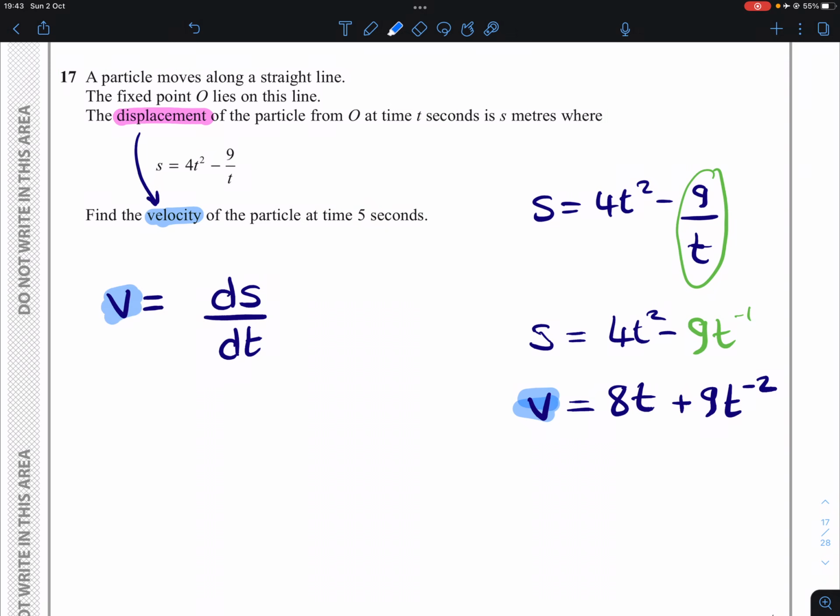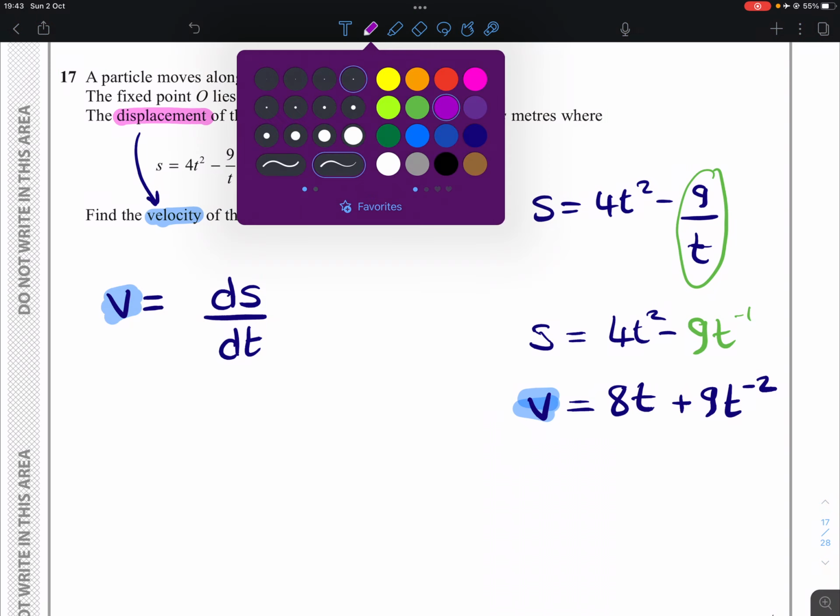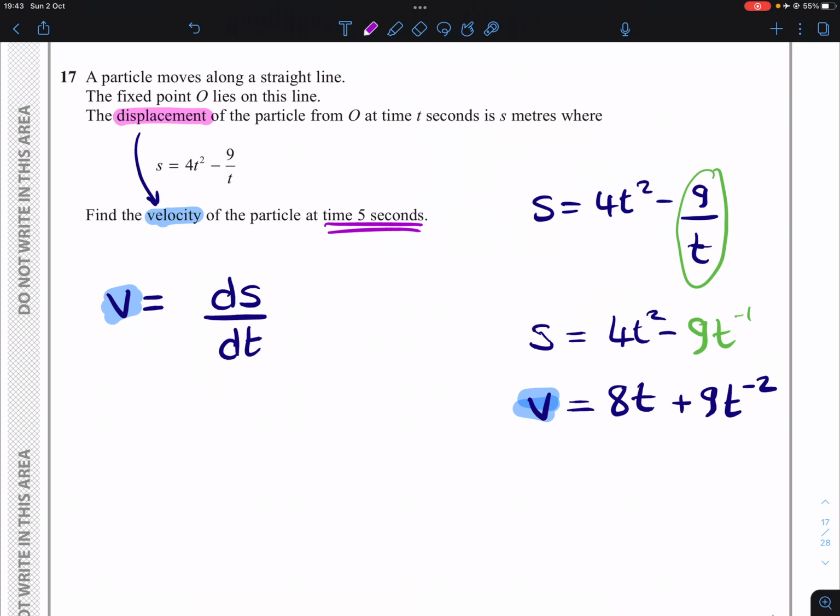What we have next is that the question gives us the time as being 5 seconds, which means we can substitute 5 in for t. So subbing 5 into our velocity formula, and typing that into the calculator will give us our final answer, which our velocity gives us